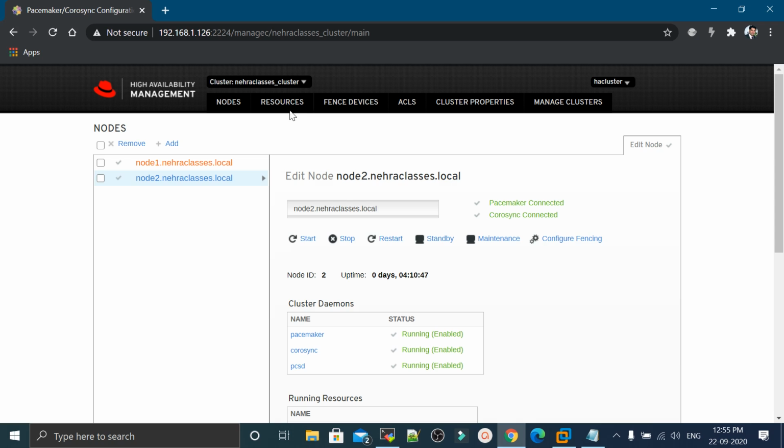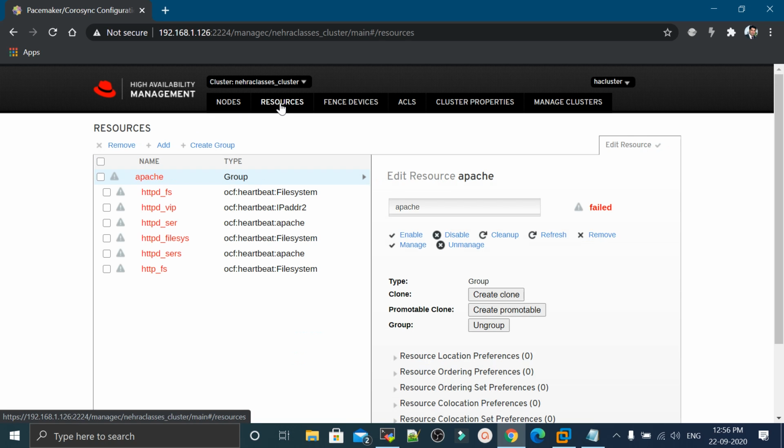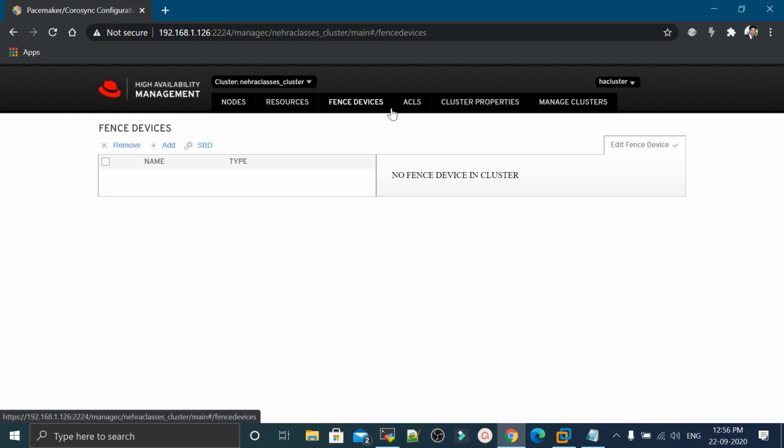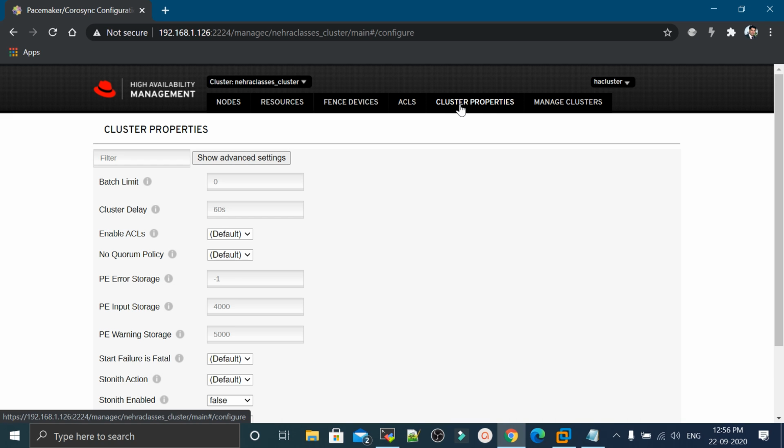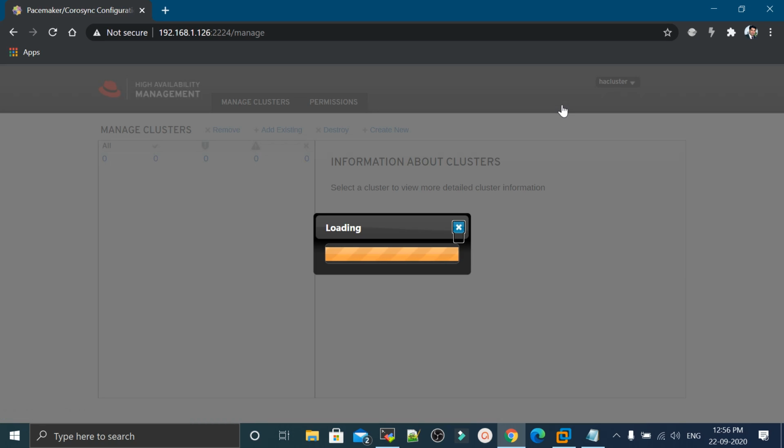and there are different options available in the web console of HA cluster. Here you can see and add or remove the nodes in the nodes tab. In the resources, you can manage the resources, you can manage the fencing devices, you can manage the ACLs here in the ACLs tab. You can see the cluster properties, you can manage the cluster here on the manage tab,